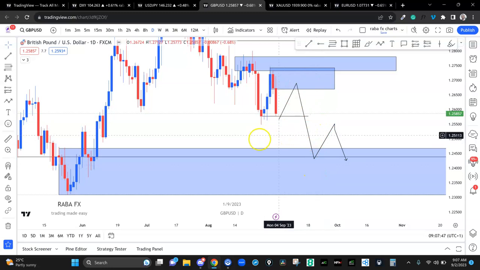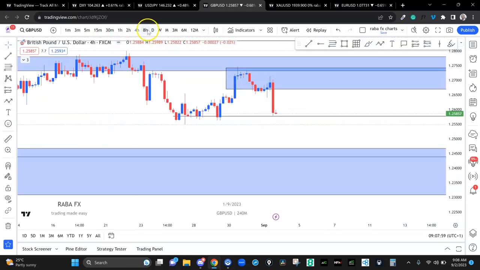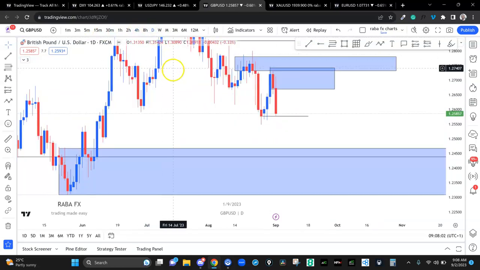So these are things I'm looking at on pounds USD. On the daily, probably you can go to the 4-hour, you do that, it doesn't matter. These are good areas where you can do for trading opportunity. Now, do we have any rejection on the daily? We have rejection of this continuation opening price. Yeah, the price came back in, and then